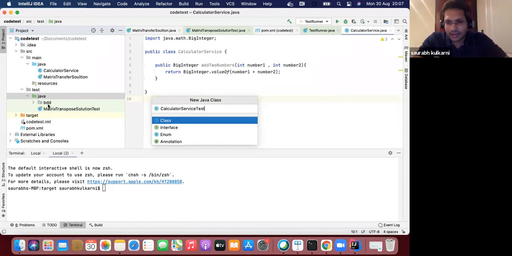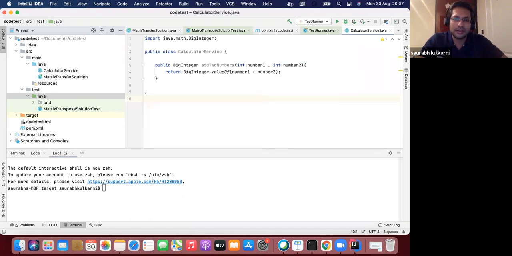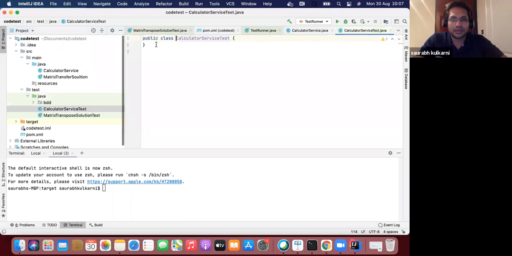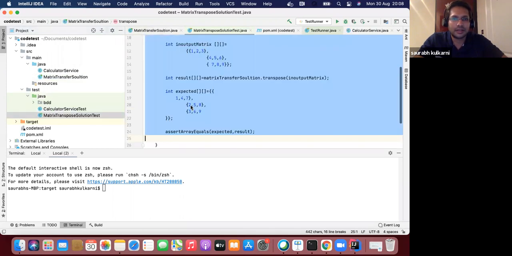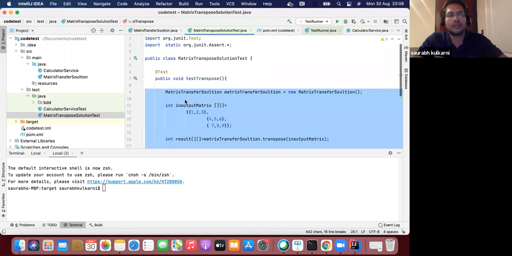So like I said, how to achieve TDD is you should write the test first, it should fail, and then write the code and the test should pass. So generally a developer is supposed to come into the test folder and write the test class first. So calculator service test is being written here. This is the test class.